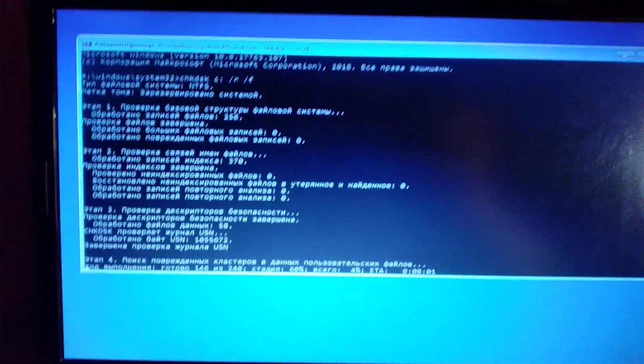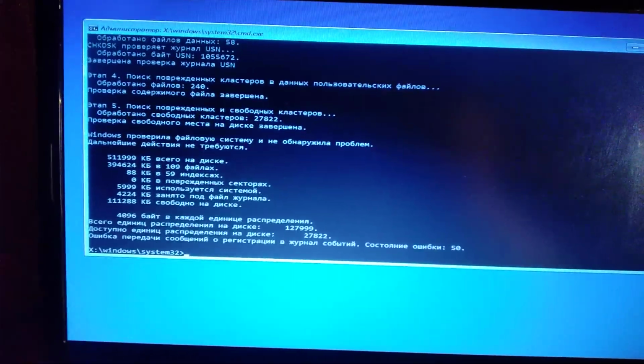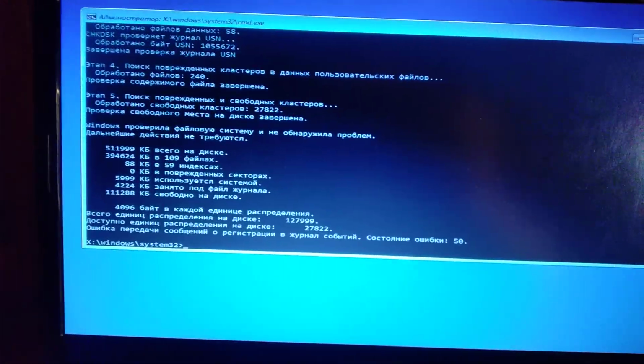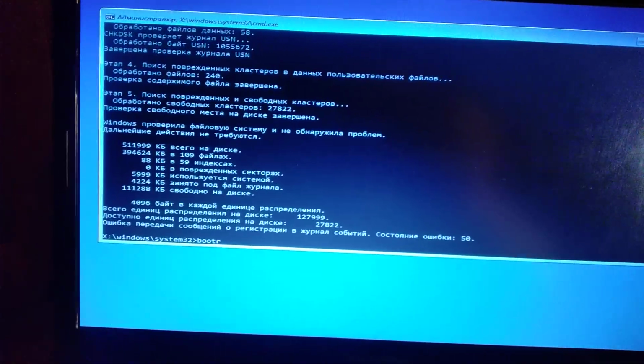So now just wait. This command will check all your files and your system for corrupted files and for some mistakes. After you do it, you need to enter the second command, bootrec